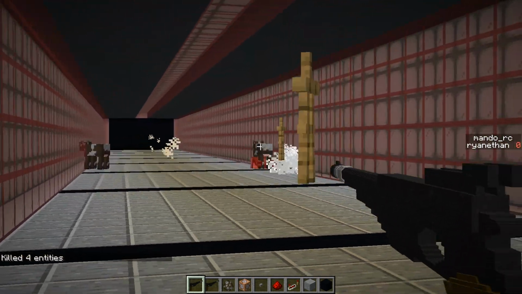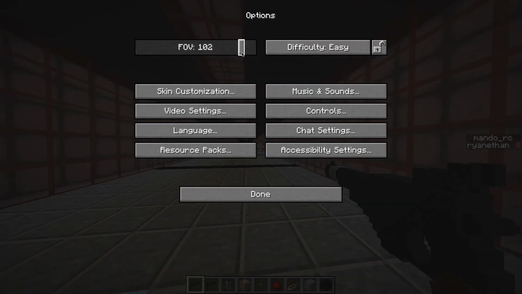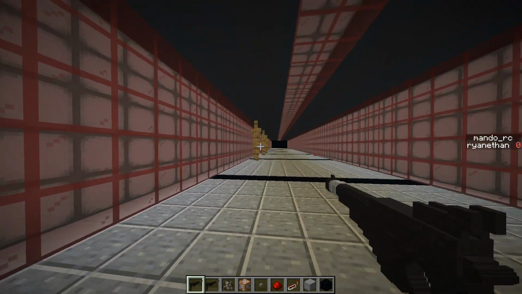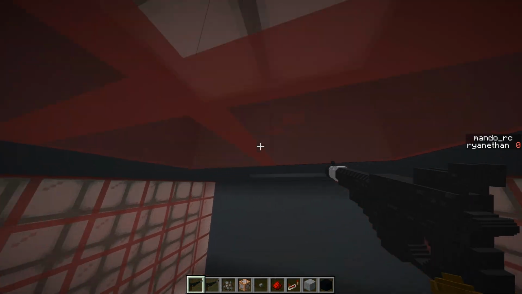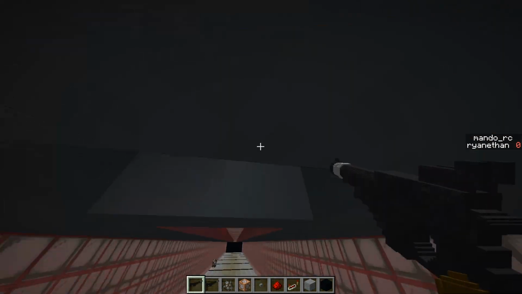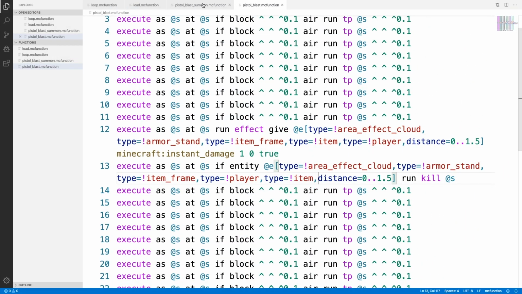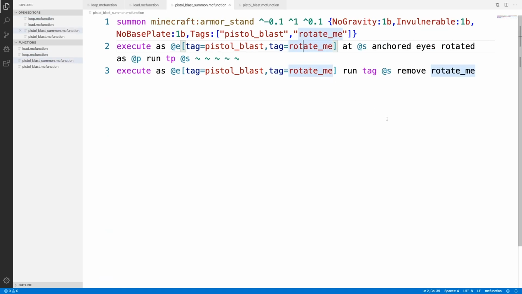So I could tweak the accuracy later on, but now let's get on with the main features of it. So the first thing I want to change is the cooldown. I don't want to be able to spam this, because right now I could just spam a stream of lasers, which is kind of weird, and that's not how it should work. So I'm going to add a cooldown. So when the player shoots, I also want it to set the cooldown. So for summon, I'll go over here and I'll